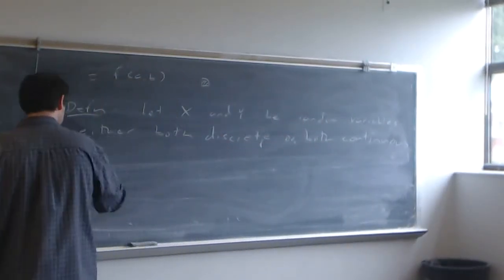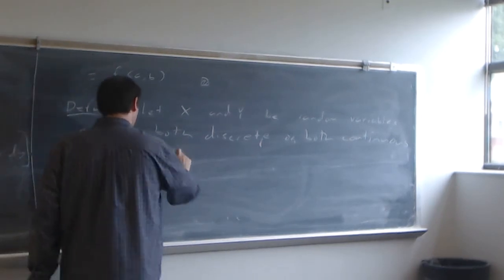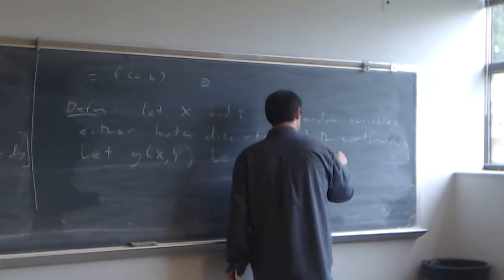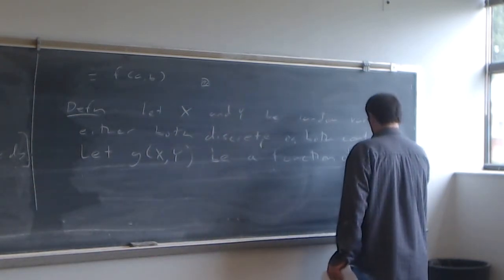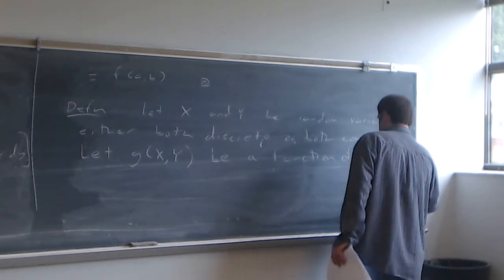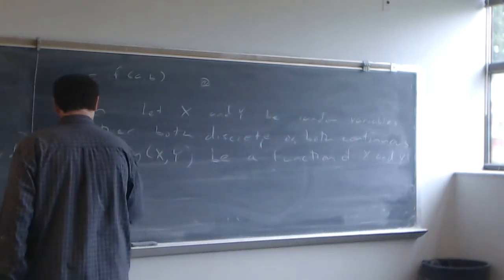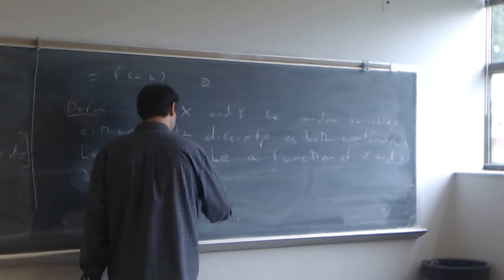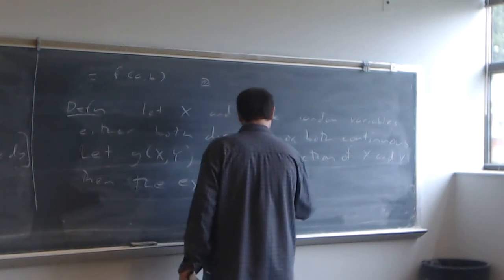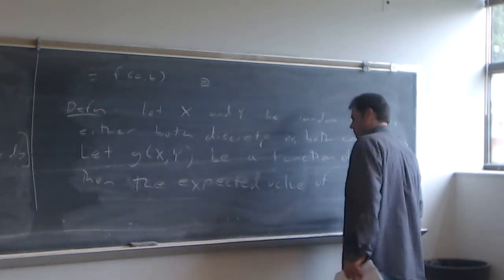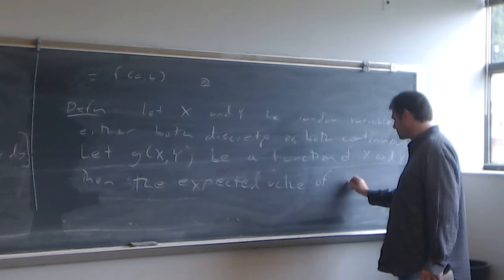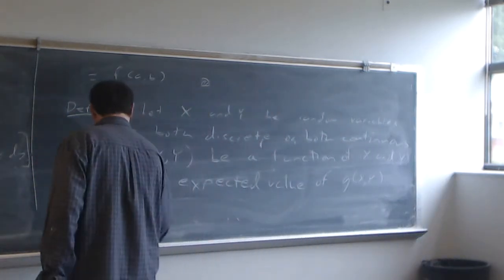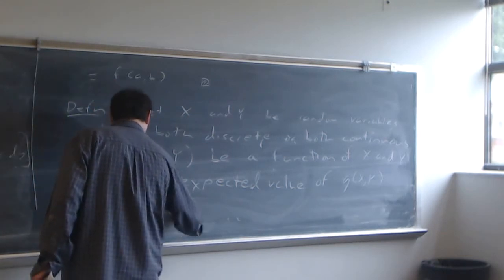Let g(x, y) be a function. The expected value of g(X, Y) is denoted by E[g(X, Y)] and given by,